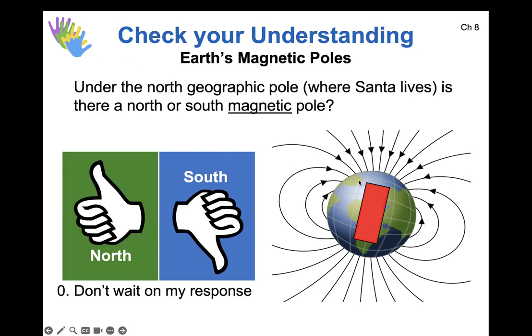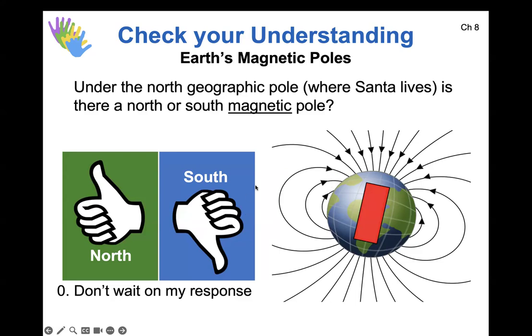Okay, so Kylie says north magnetic pole under north geographic pole. But I feel like it could also be south, no, though now that I think about it, because I'm thinking like if it's a magnet, opposites attract. So like positive magnet, negative magnet, or like positive charge, negative charge. So like I don't know, maybe I'm just kind of